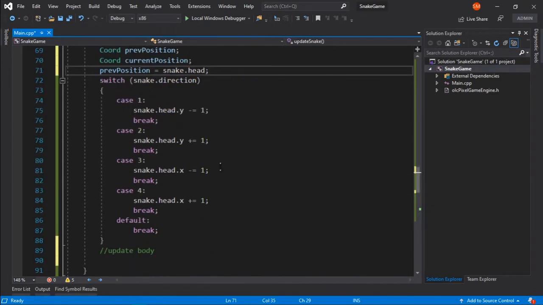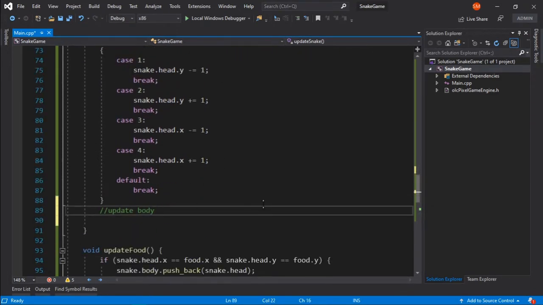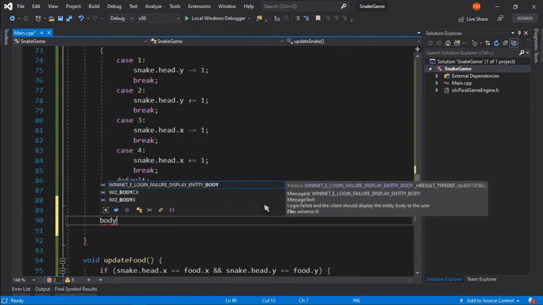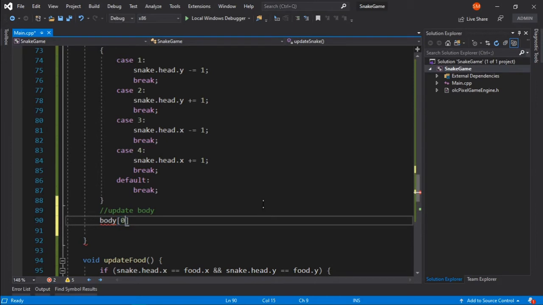Okay, so now what we need to do is say body, and the first element of the body, snake dot body 0, I will store its position into the current position.